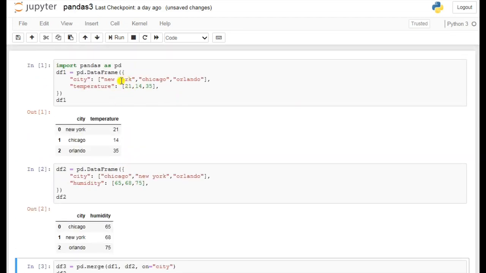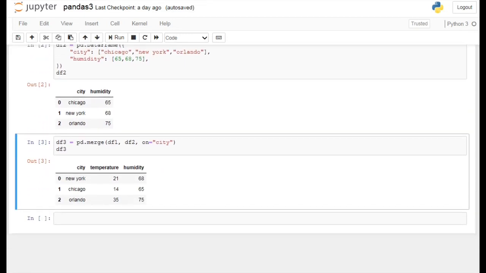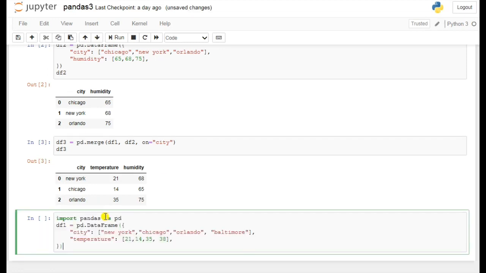Temperature of New York City is 21, Chicago is 14, Orlando is 35. In the same way you can check the humidity. So this merge method is merging both the data and providing me a new data frame. In this way you can use the merge method, and let's say I have this data frame,